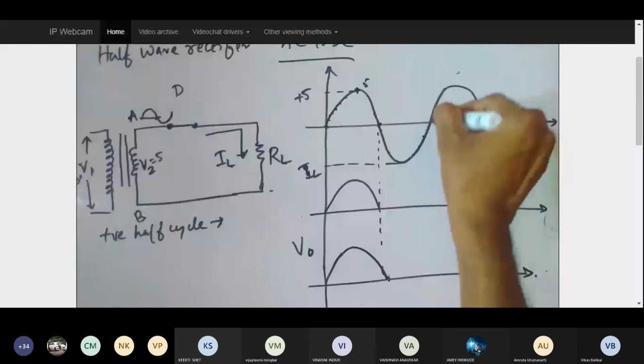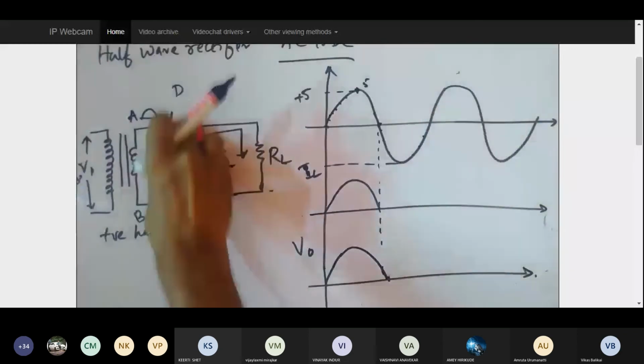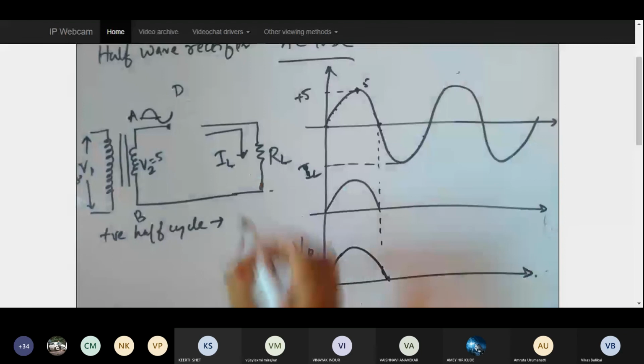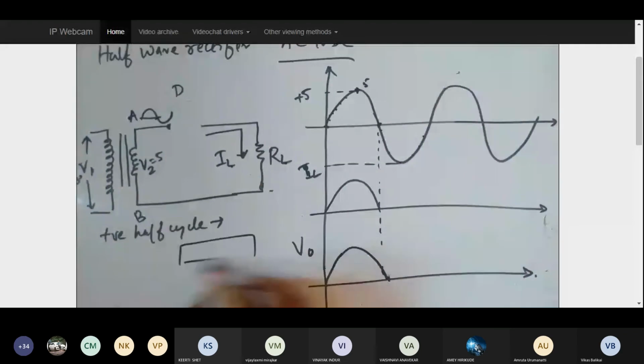So if that is the scenario, what is happening to my diode now? To what potential is P connected and to what potential is N connected? Forget about the other terminal. You just need to understand the condition with respect to one terminal. If P is connected to the highest potential, I can easily say it is forward biased. If N is at lowest potential, I can say it is forward biased. Or the other case, if P is at lowest potential, I say it is reverse biased. I just look at one terminal. Now what happened is that my input became negative.